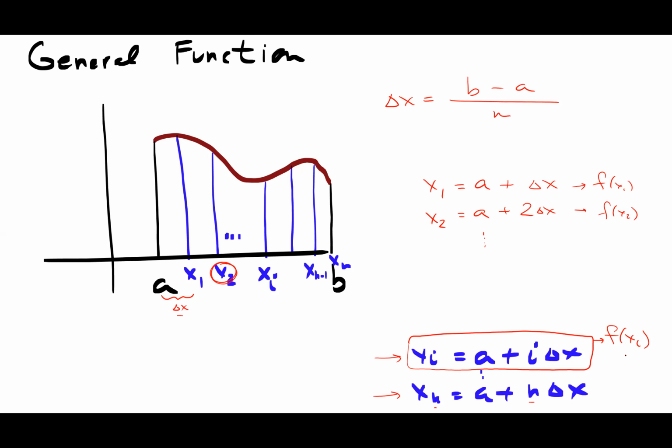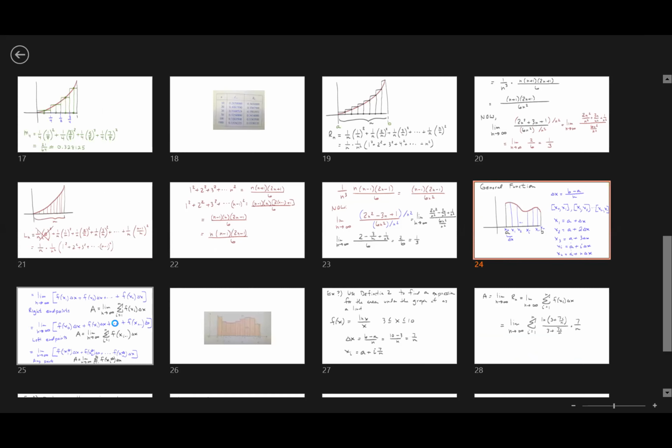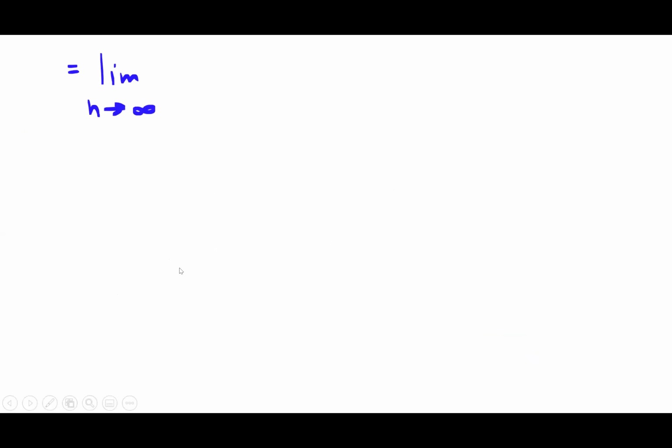So let me give you the definition and we're done. I could do the left side. I could do the midpoint. In fact, I could do any point in here whatsoever, but let's do the definition. The area underneath the curve of a generic function, and we'll stop here because Ms. Baird needs to start class 2, is this right here. It's the limit as n goes to infinity of the summations of